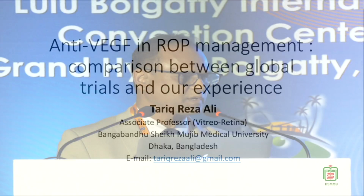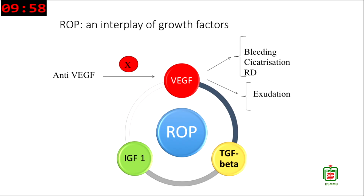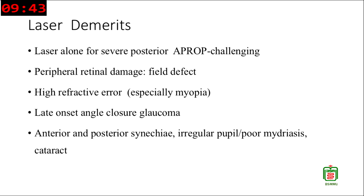Professor Nuzhat is here. We are trying our level best to update this knowledge and to help our patients in our country. Today, my topic is anti-VEGF in ROP management, comparison between global trials and our experience. You see, we know that ROP is an interplay of growth factors, not only vascular endothelial growth factor, there are insulin-like growth factor 1 and transforming growth factor beta, but we are more concerned about the anti-vascular endothelial growth factor